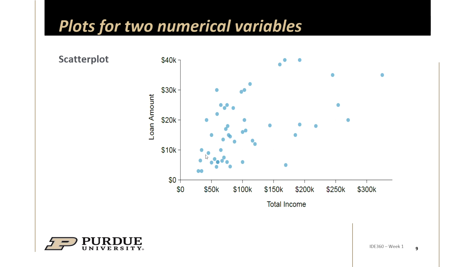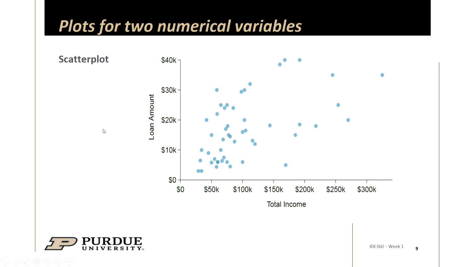So from there, if we have two numerical variables, you know that we can use a scatter plot in order to see any potential relationships between the two. For example, here we have total income in $1,000 and the loan amount that people might get from a lender. And we can see that there is some positive relationship between them: the higher your income, the higher the amount that you're likely to get